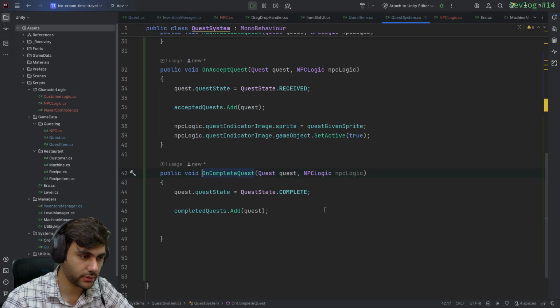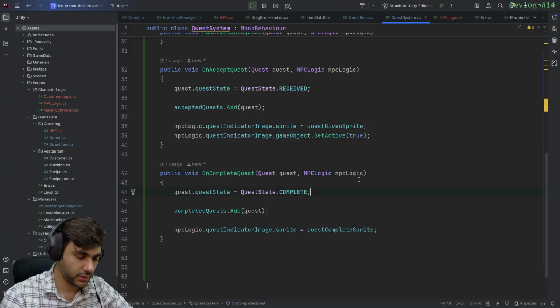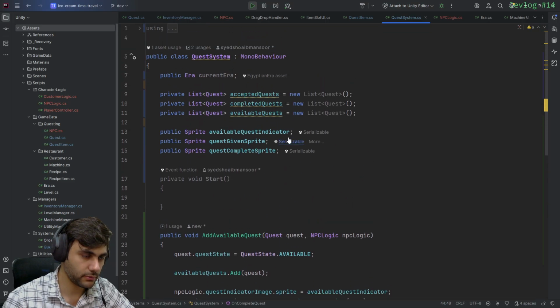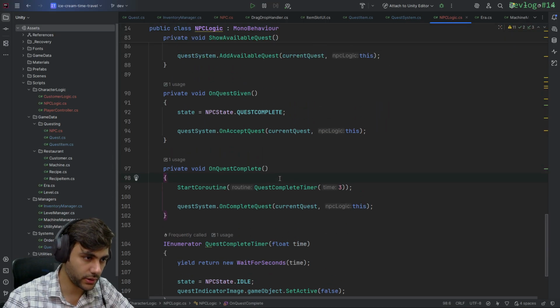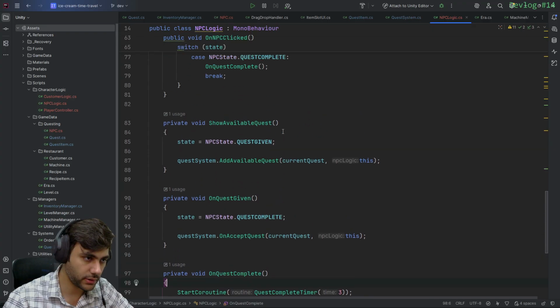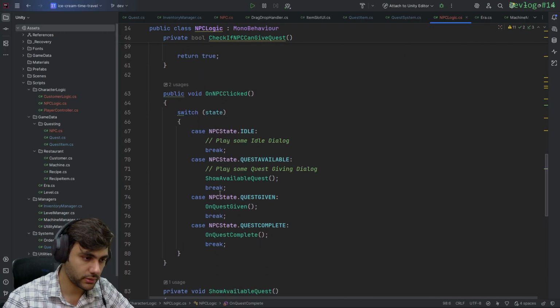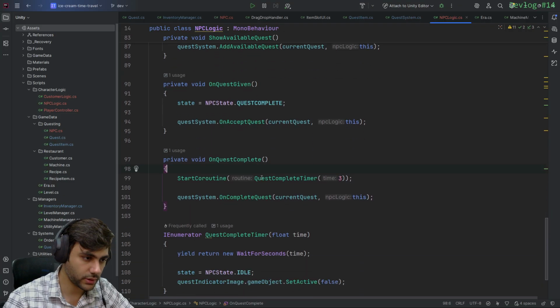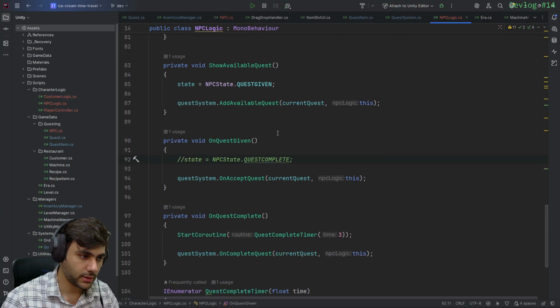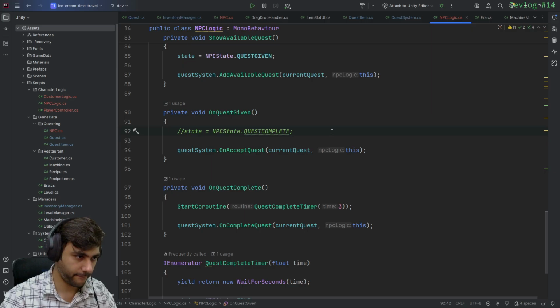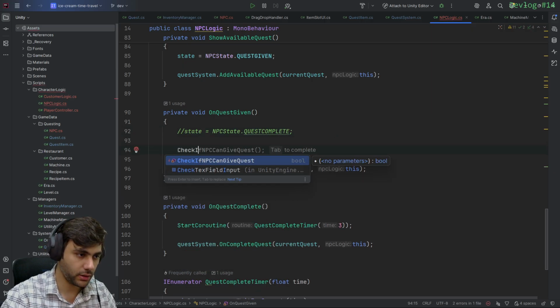Maybe this is fine, I guess. If I click on, let's go back over here on quest given. Quest given changes it to quest complete, right? But we won't be doing this over here. Okay? On quest given would call another function, check if